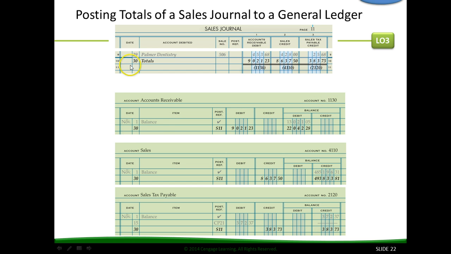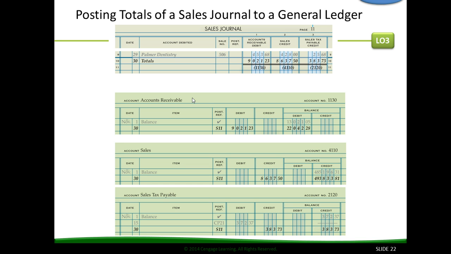So you post that date, which follows down to the 30th. You're coming from sales journal page 11. It is a debit. You debit that account, and then the new balance for the accounts receivable account is $22,042, because all of these customers owed us how much money? Yes, the $9,000. So this has to be posted into the accounts receivable account, and it's done in one entry,